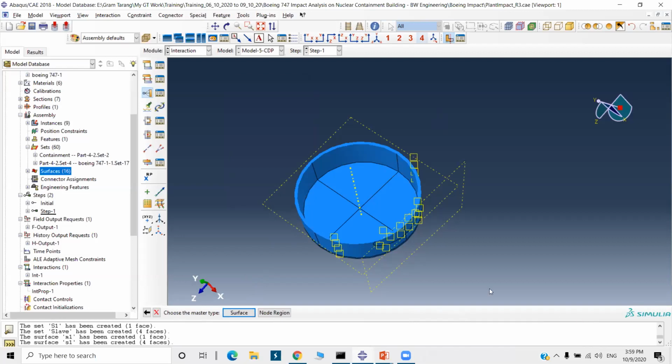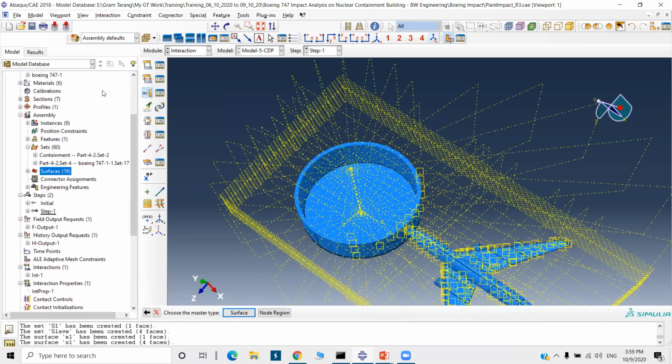So master surface, go to surfaces, select S1, highlight. It is highlighting here. Sorry, we have to select M1. Next surface is S1. It will highlight with by pink color. And click OK.